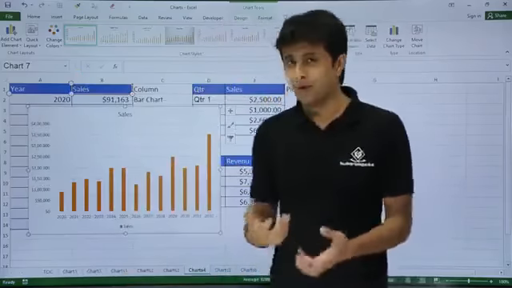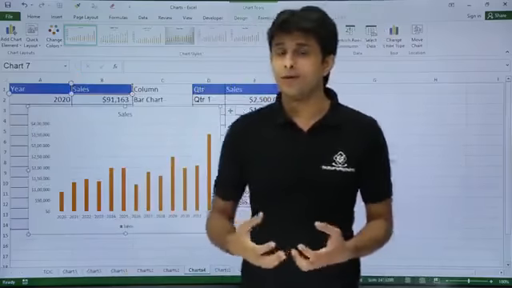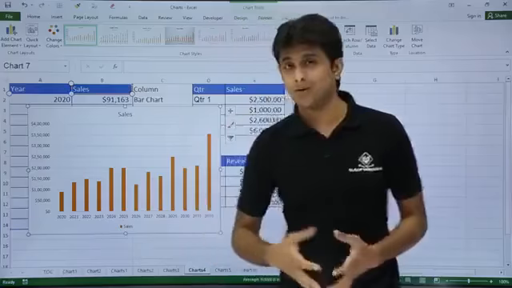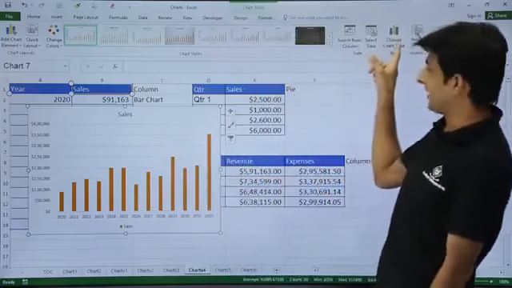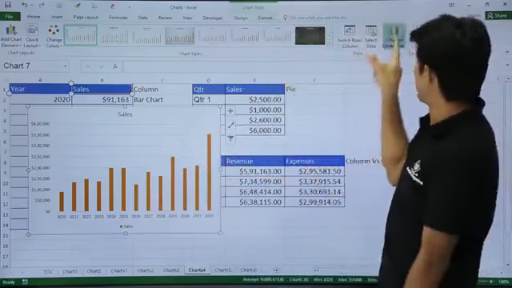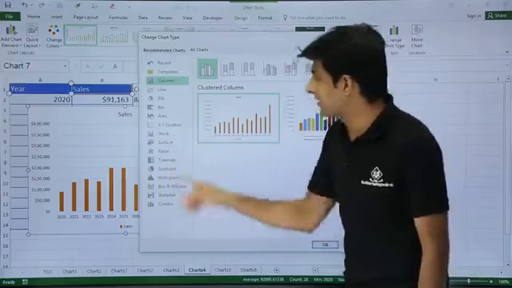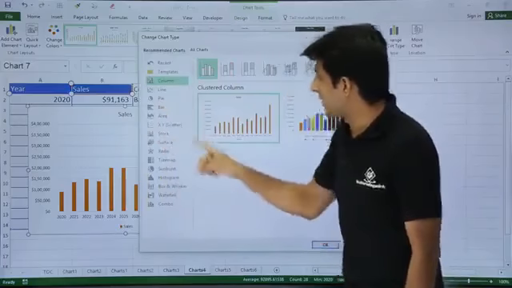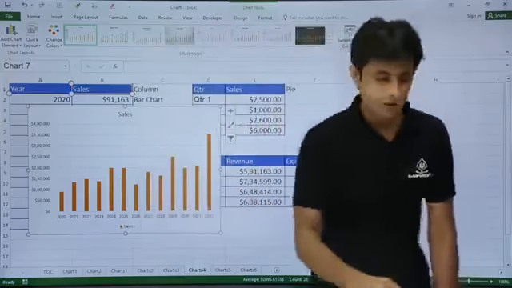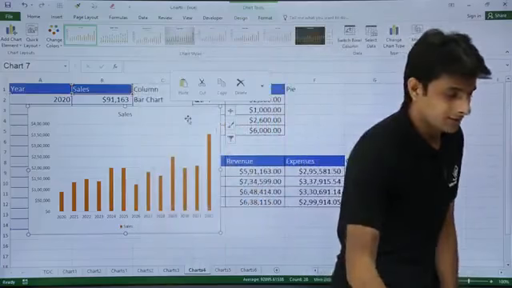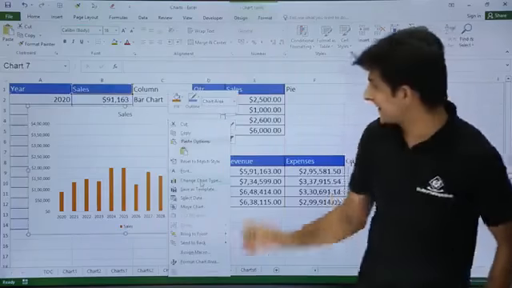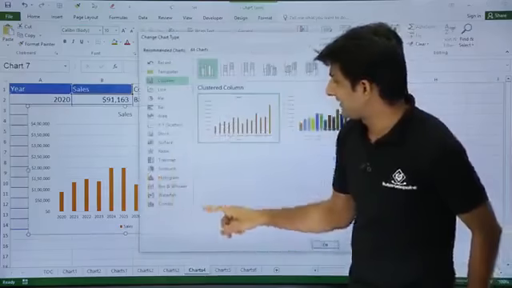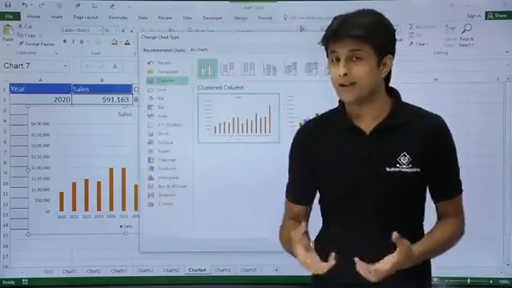Now if you do not like this column chart, if you change your mind and want to go for the bar chart, how do you change it? You just select that and go for change chart type, the long-cut method, and you see there are different types of charts. You want a bar chart, you can click on this bar chart. Otherwise the other method is you can just right click on the chart area, and you get the option change chart type, one and the same option. Change chart type.